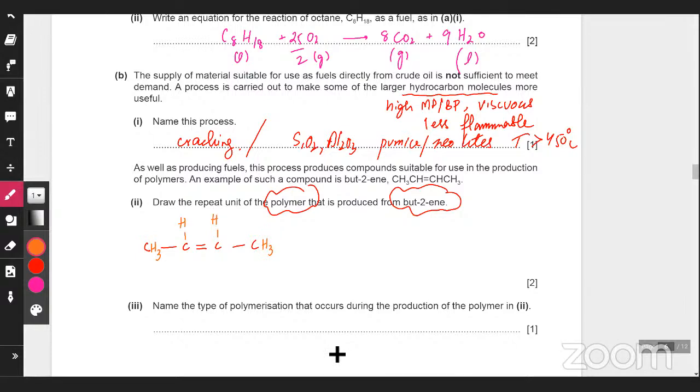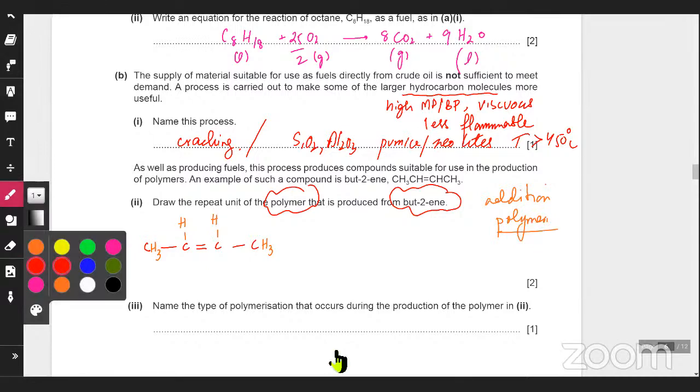Now, to draw a polymer, and this is known as addition polymerization. Alkenes undergo addition reactions, which we did in class, and addition polymerization. So they form addition polymers. What happens in addition polymers is, actually, they had asked about this. I mean, this is the answer to part 3. And so, what happens in addition polymerization is